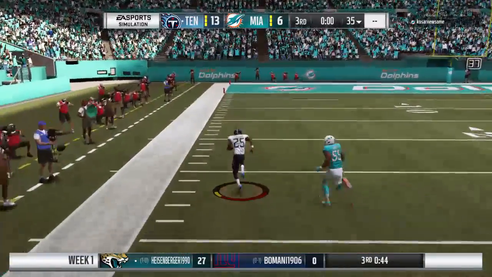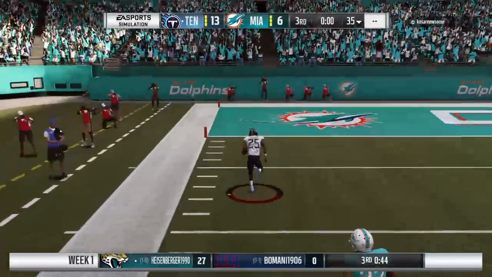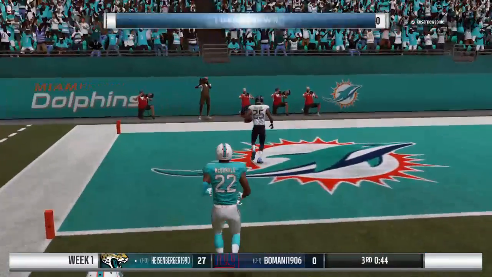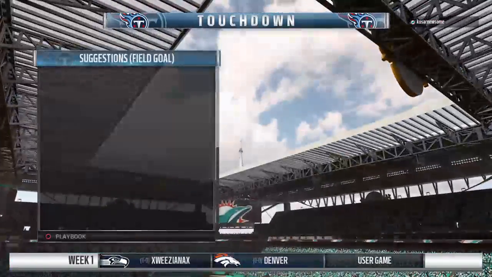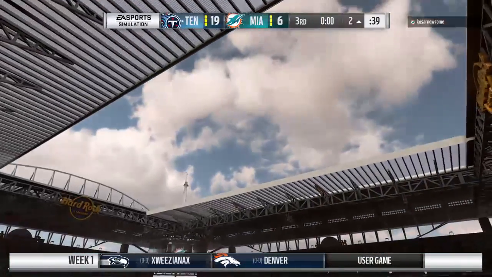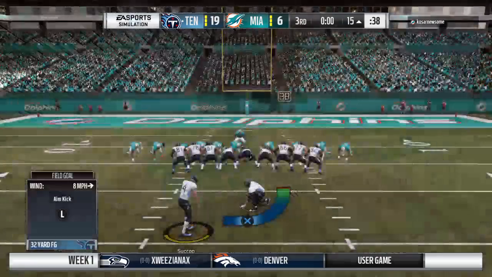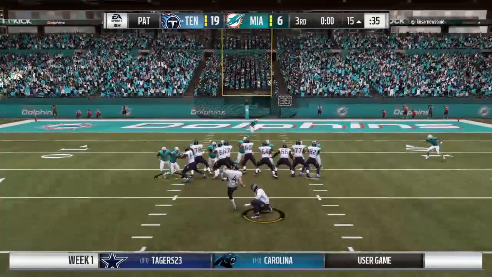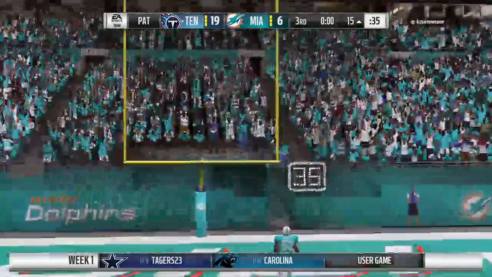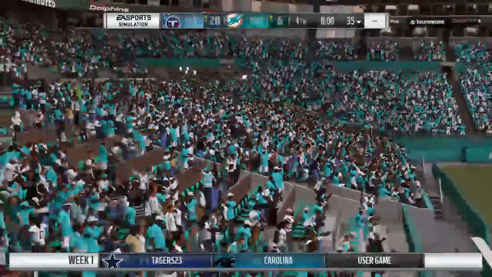And now look at him go. Past the 20. Touchdown, Titans. In for the score. And the Titans are going to add on to their lead. That was a special return, and it happened because he's a special returner. He has to have that approval from his special teams coach's head coach to bring it out